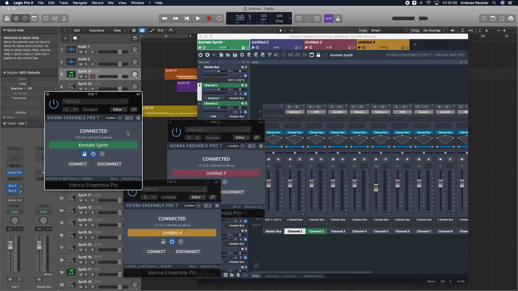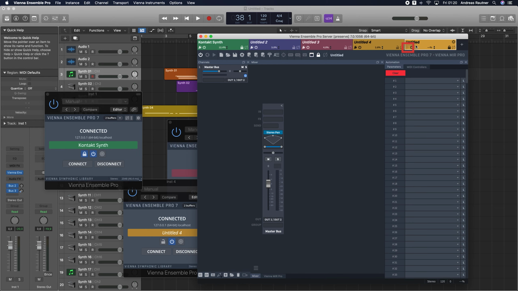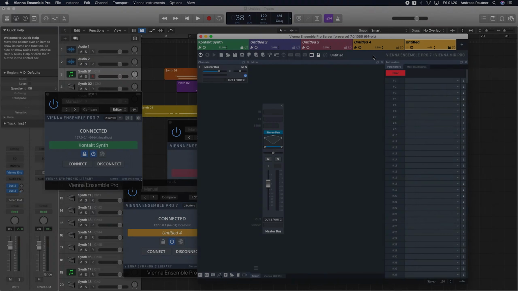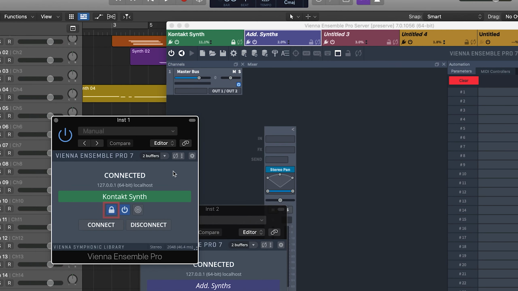First of all, it's important to check whether a Vienna Ensemble Pro instance is connected to a Vienna Ensemble Pro plugin in your song. If the plug icon is pale, the instance is not connected. White means that the instance is connected. Preserve keeps this instance with all the instruments and samples and effects loaded, so you can connect to it from another song. And although a preserved instance stays available after you have closed the song, the instance data will still be saved with your song when disconnecting from the Vienna Ensemble Pro server.